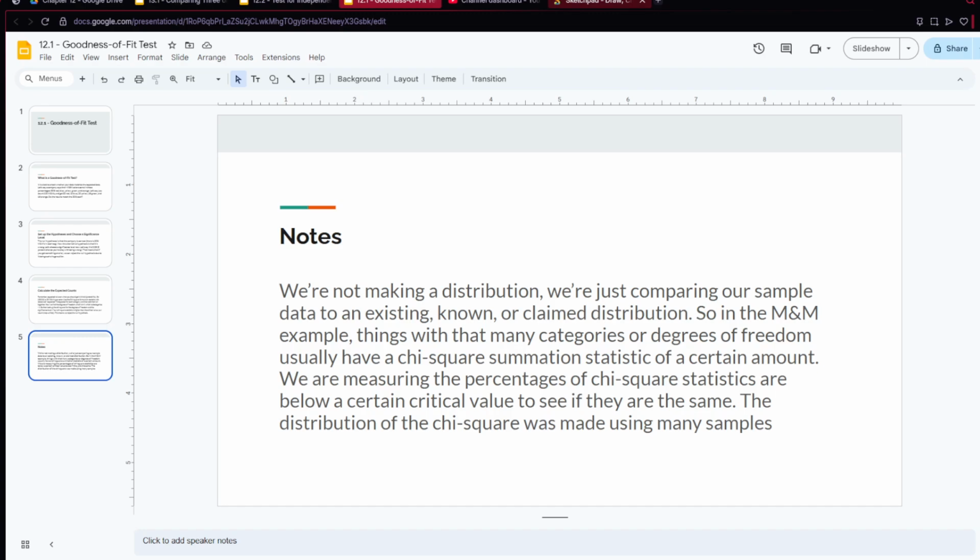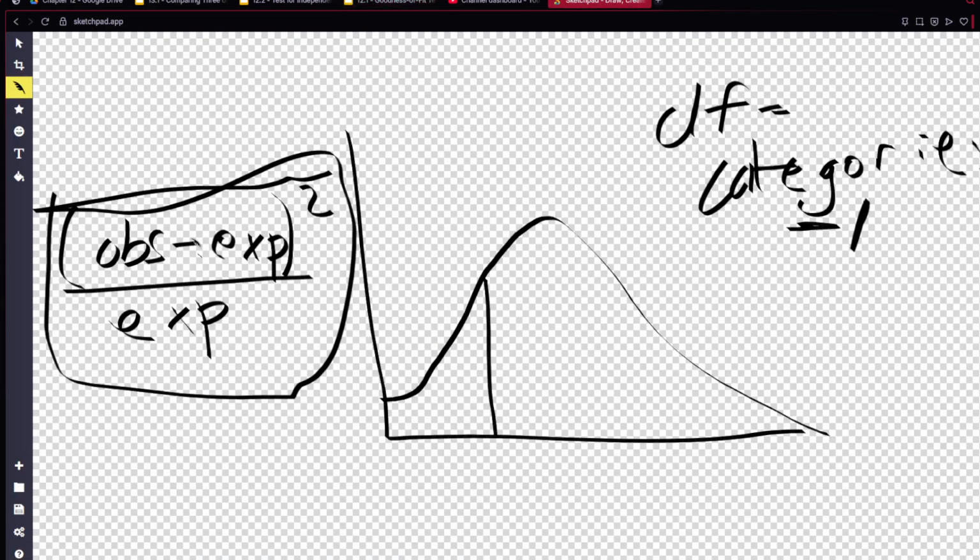So the distribution of the chi-square was made using many samples, and that's how we get the t distribution and can know this. I mean, to be honest, it's getting quite repetitive with the distributions here, but just stay with me. There's only 2 more lessons left, so